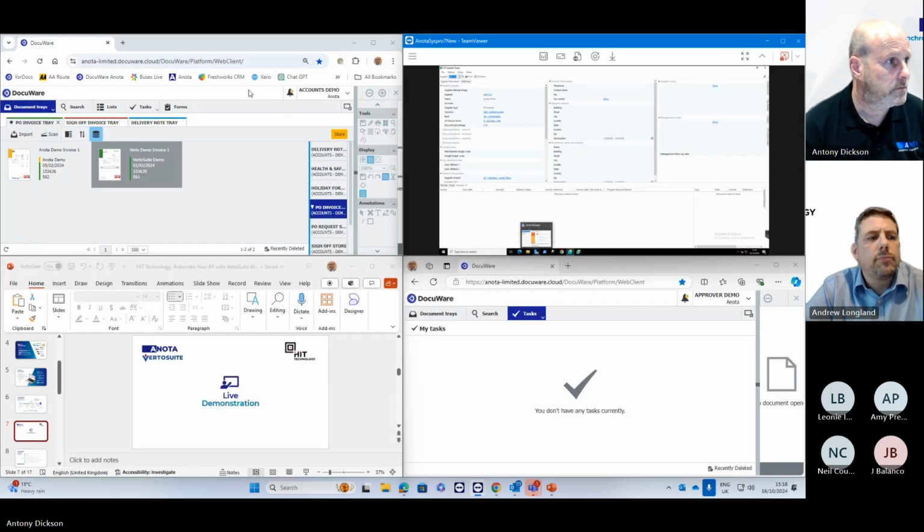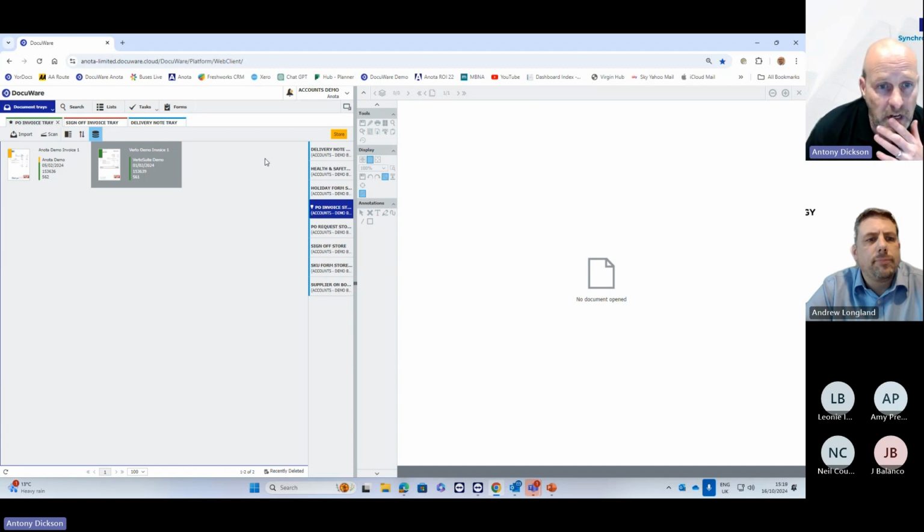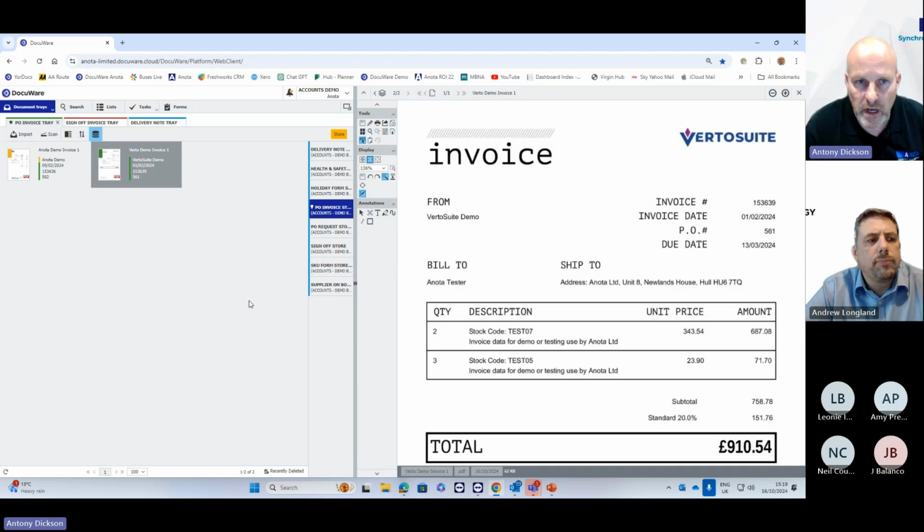So let's move into DocuWare. This is what DocuWare looks like. As you see, it's a web browser, and documents. I started chatting earlier about emails with invoices attached. So this is the first time that you will see these. These have automatically been brought in. We've extracted the PDF, and that can be multiple PDFs. It can be multi-page PDFs. We have no restraint. There's no problem with how many invoices we can bring in, how many PDFs we can bring in. We just monitor the attachments and bring them through. If you have random suppliers who will send you Excel files,